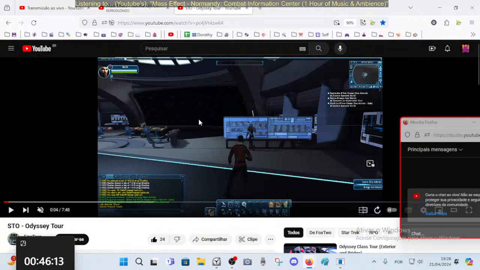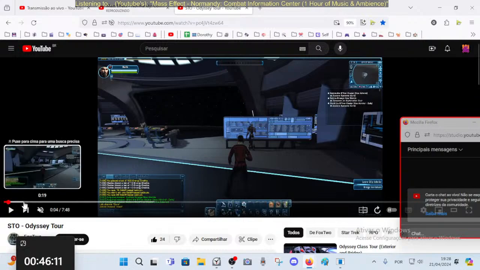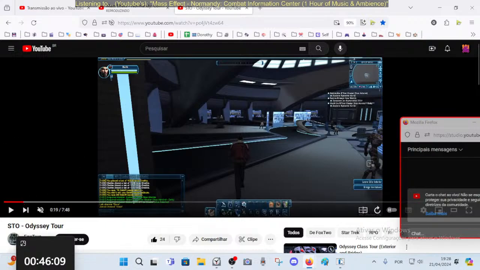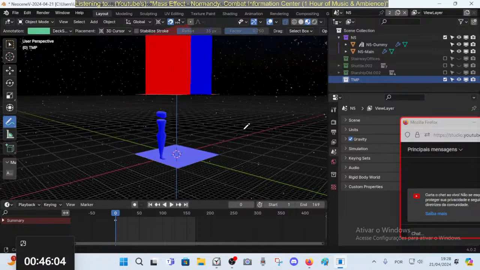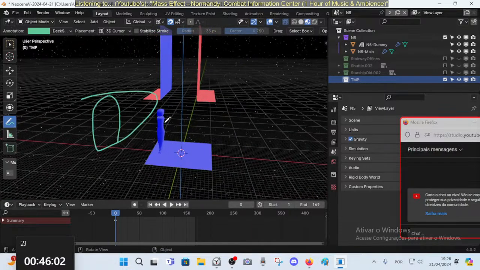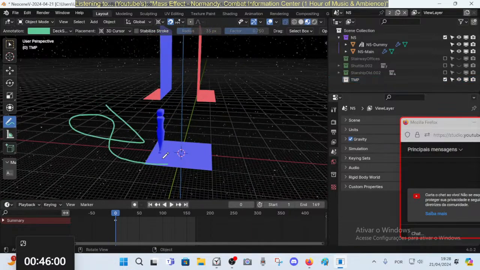anyways, with this I've already presented the basic thing that I want to do in this deck thing. So I'll start by sketching, and hold on, I will just